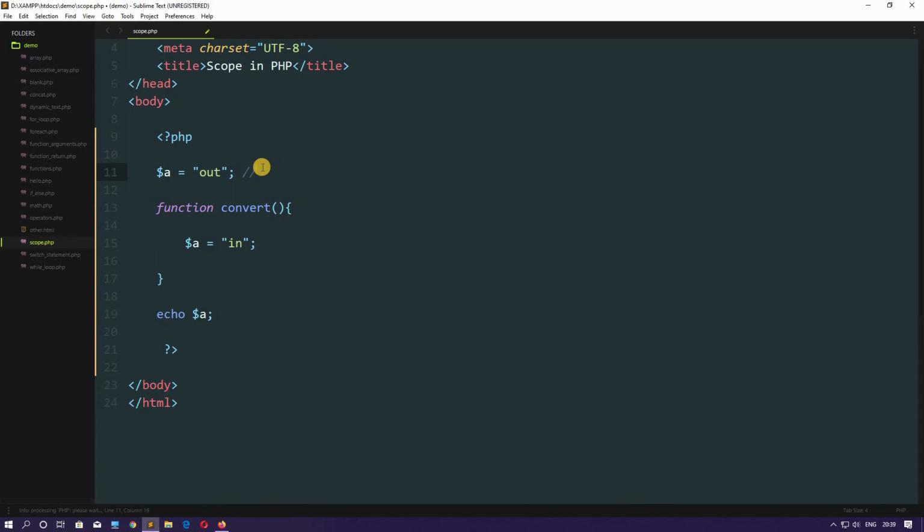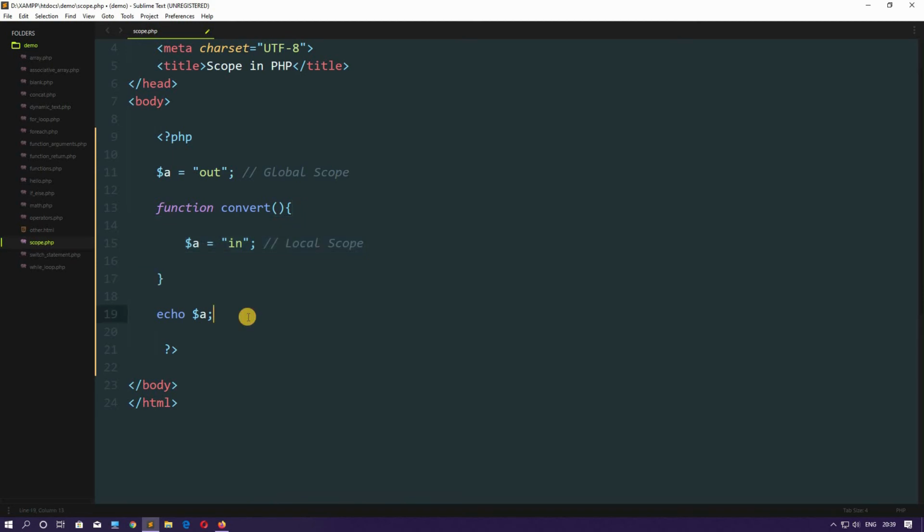This one here is the global scope, and you can say this variable is a global variable here, and this one inside the function is our local scope. Okay, and you can say this is a local variable. What is the difference between local variable and global variable? Global variable can be used anywhere within the page, and local variables can only be used within the block, within the scope they are in. Like here it can be used only within this function. From here till here it is its local scope.